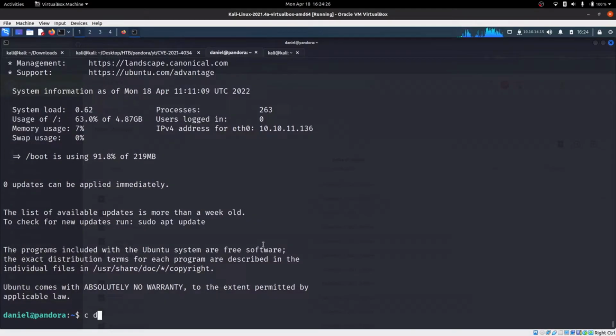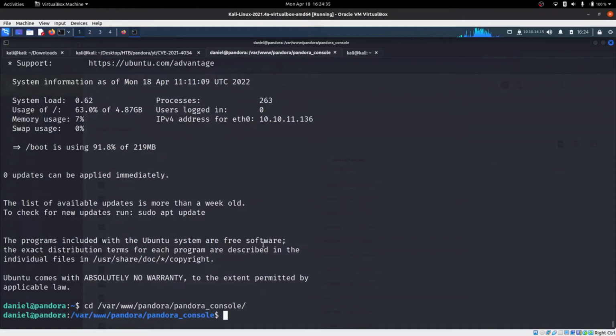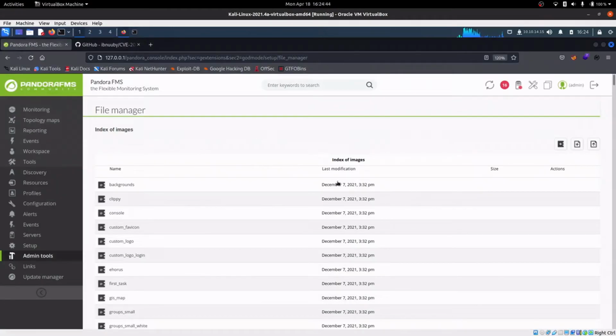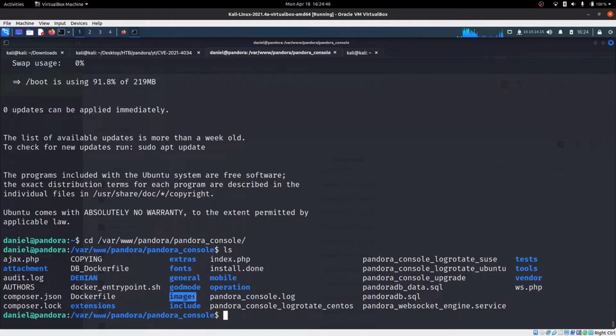So we can go to cd /var/www and pandora_console. So here there are these many files there. The Pandora console is there, the images file is there. So hopefully whatever we add over here, it will be displayed in the images section,